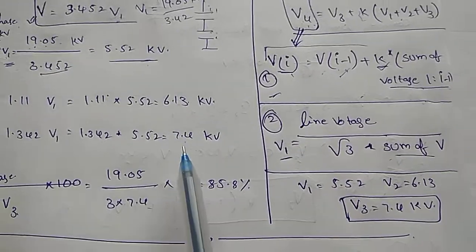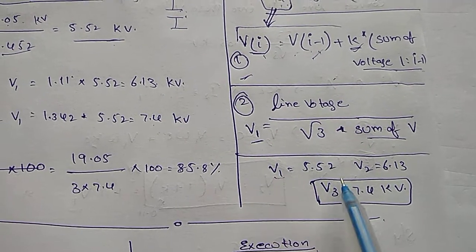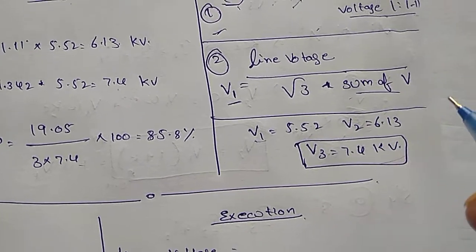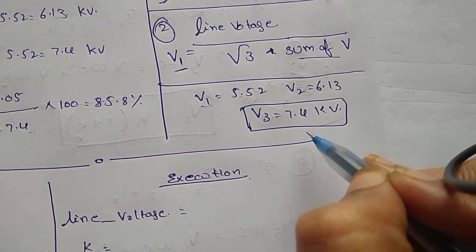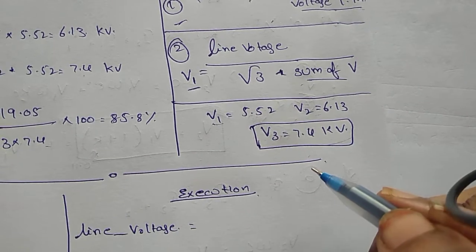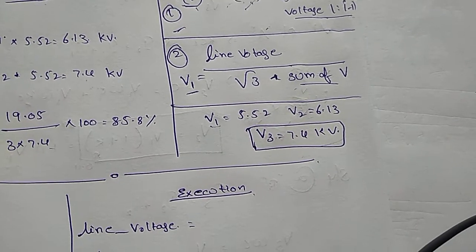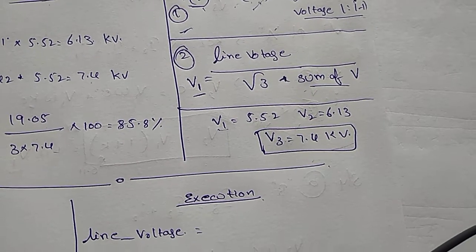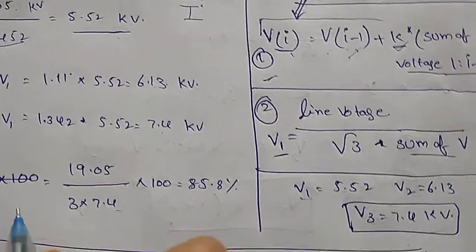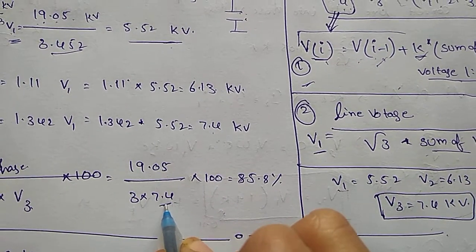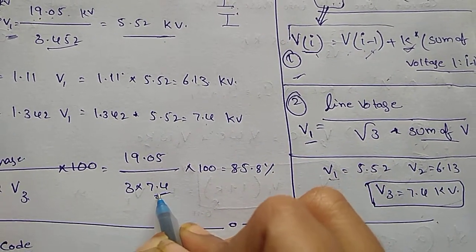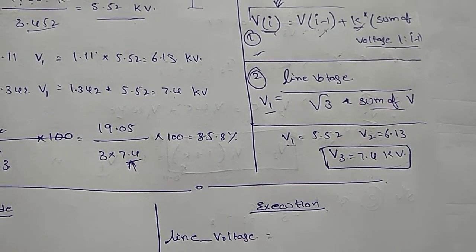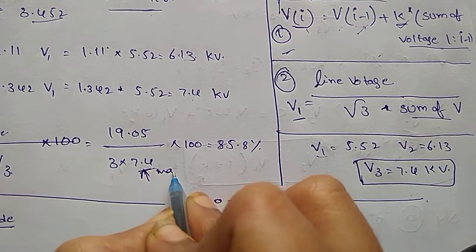V1, V2, V3. Please observe here V1, V2, V3. If you are observing these three voltages, among these three, which is the maximum one? I mean, the disc which is near to our conductor is having the maximum voltage. That's what we require here for the calculation of our string efficiency. We require here the value of the voltage of the disc which is near to our conductor. So this is the maximum voltage.